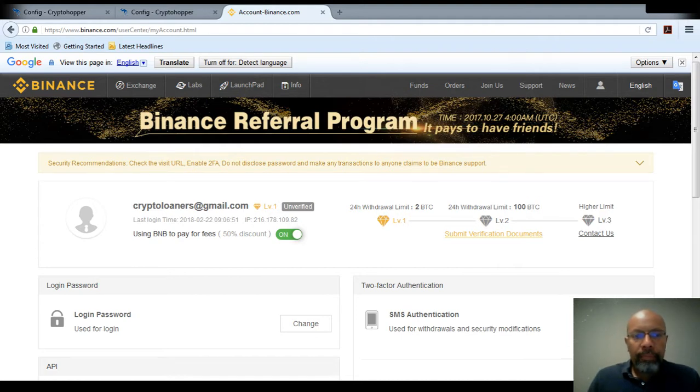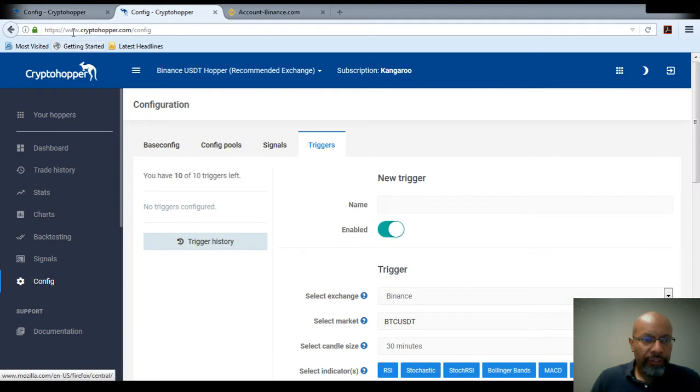One of the things I definitely want to talk about here is Binance, which I use. And I use Binance to pay fees. And currently, as you can see here, if you are using the BNB token, you have a 50% discount. That 50% discount is actually even greater, because right now the 50% discount is half off of the 70% off price for the rest of the month. In any event, how this affects you is, if you're using Binance, make sure you have this on, but in Cryptohopper, in your config,